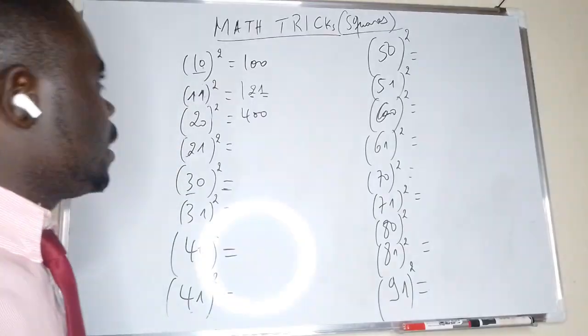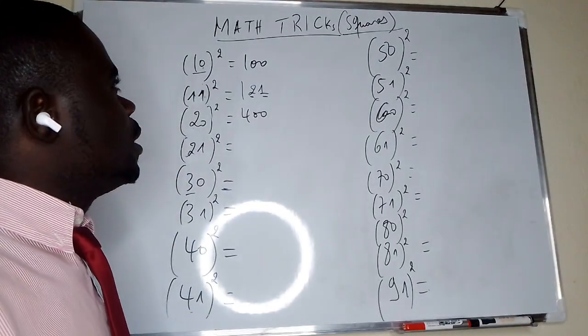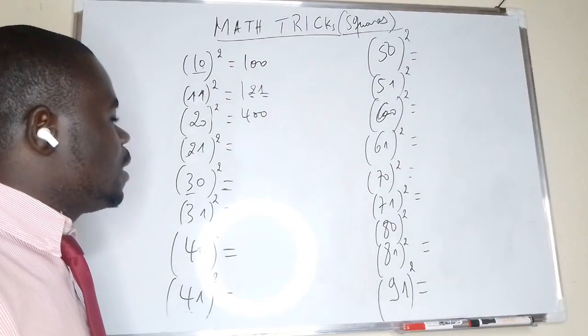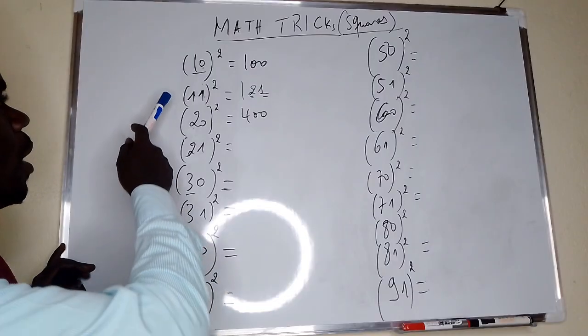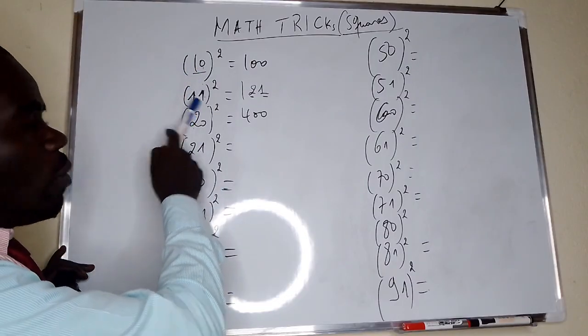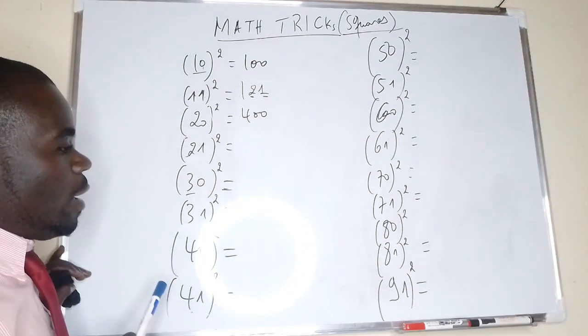Hello guys, here I have an interesting math trick on finding squares in a simple way, without even using a calculator. I have picked an example here. We have to find the square of numbers which end with 0 and end with 1. How do you find this number? Normally, when you're finding this number,